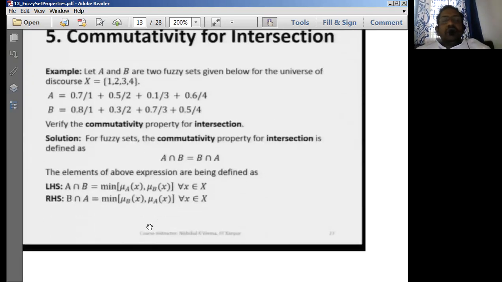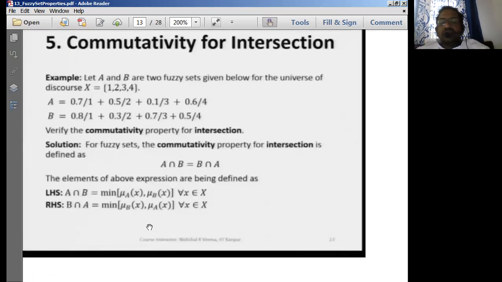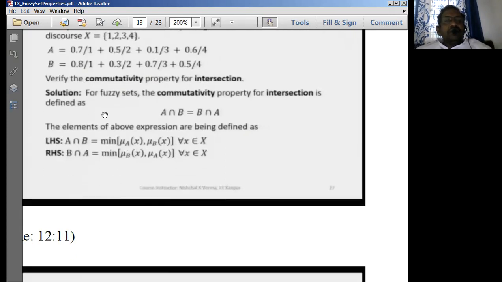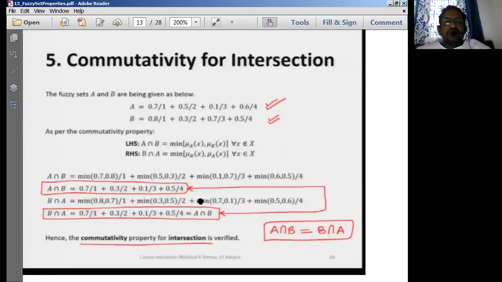Then a similar relationship we can have for discrete fuzzy sets. So let us go with the discrete fuzzy sets. Same sets I may take. A is going to be something like this, 0.7 by 1, 0.5 by 2. Same set, whatever we have taken earlier, same set we can take for B as well. Intersection means what? Minimum criteria we're going to have. Same relationship that you can have.